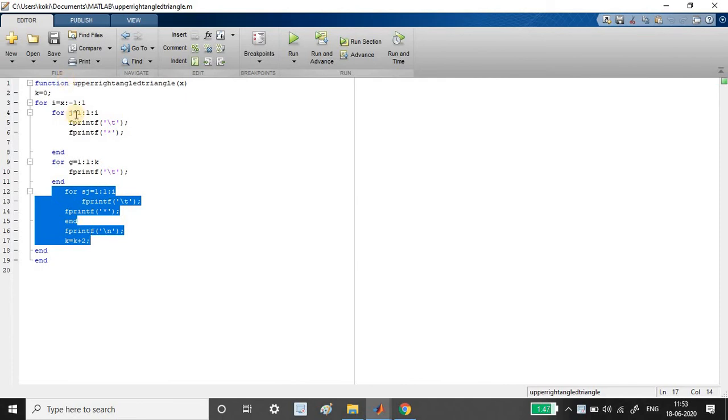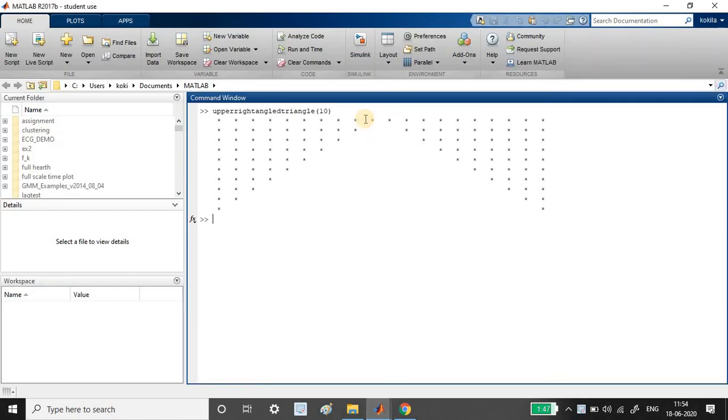In one go it prints the left side, then gives the gap, and then prints the right side. Once this is done, it comes to the second line, then prints the left half, gives the gap and prints the right half. To be noted, in the first line you will not have any gap, since k is equal to 0. You will have stars across the line.